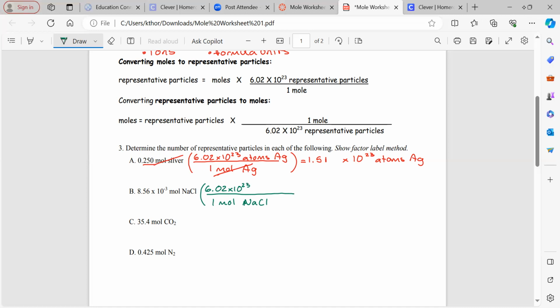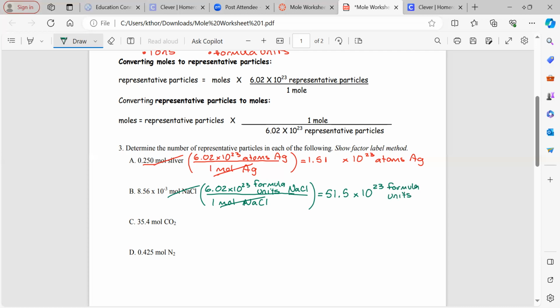Now, sodium chloride is a metal and a non-metal, so I'm going to be doing formula units of NaCl. And I just wrote them on top of each other to save some space. 1 mole cancels out with moles. And so now 8.56 times 6.02. The raw answer is 51.5 times 10 to the 23rd formula